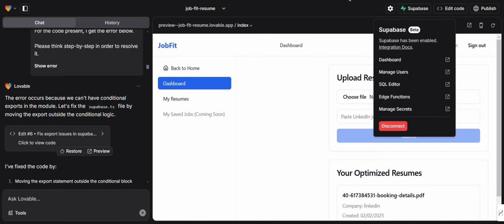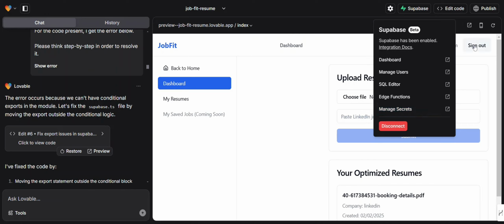What I've had to do is basically go into Supabase and create a project. Okay, so it's created the project. Then I've told it to create the login profile, the login page, which is, if I go back here,